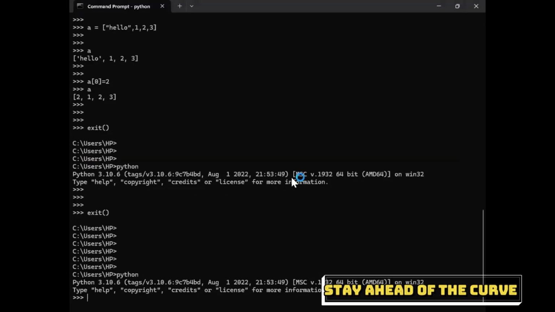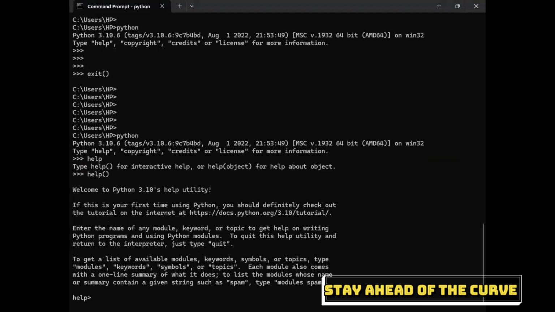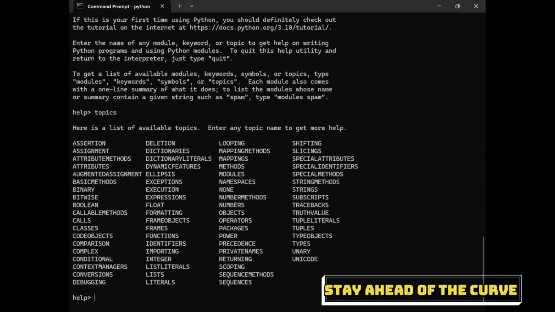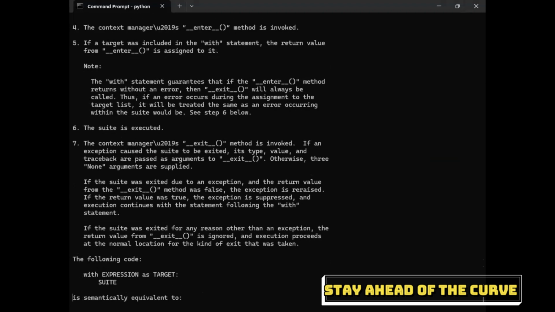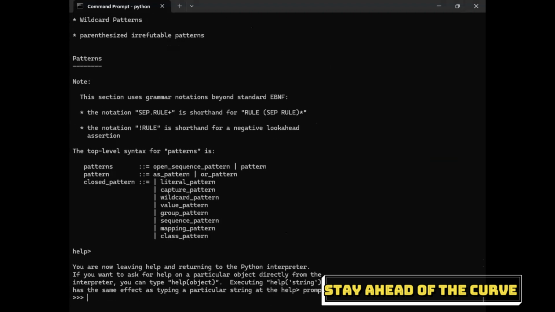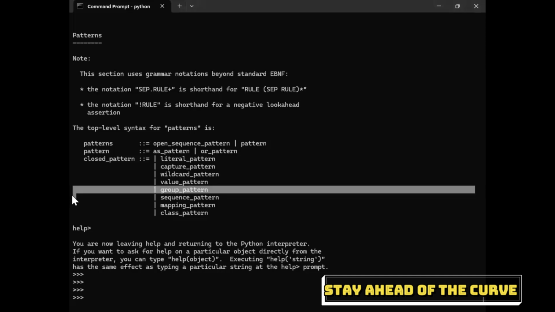Help you can utilize over here also. It shows that you write help, with parentheses. Now here again, same thing. You write topics. Maybe you want to learn about looping. It shows you the looping. Just press the spacebar and read about it, or press Q. Press enter two times, you will be out of help. So that is a basic understanding of how help works. Any question so far? None from me.